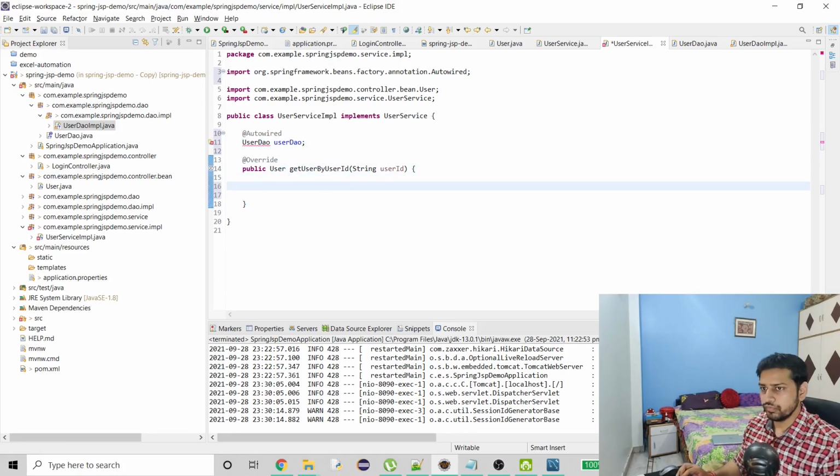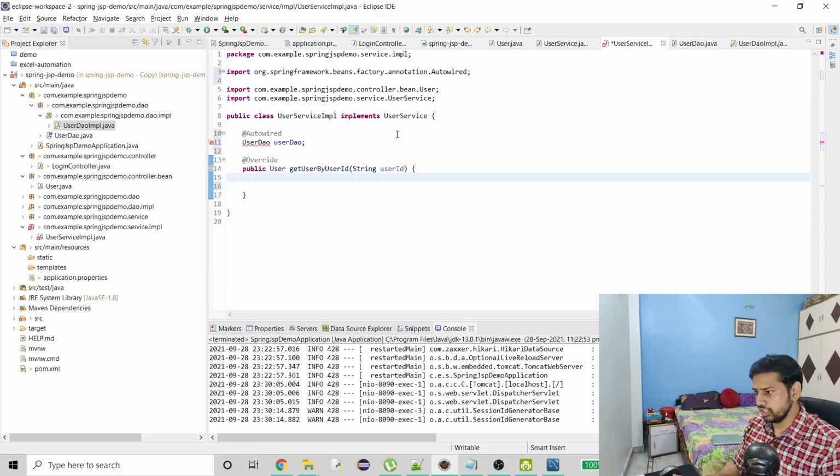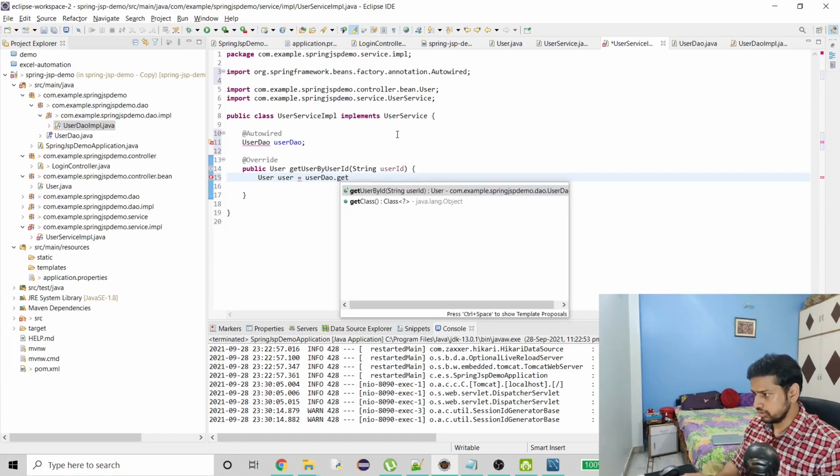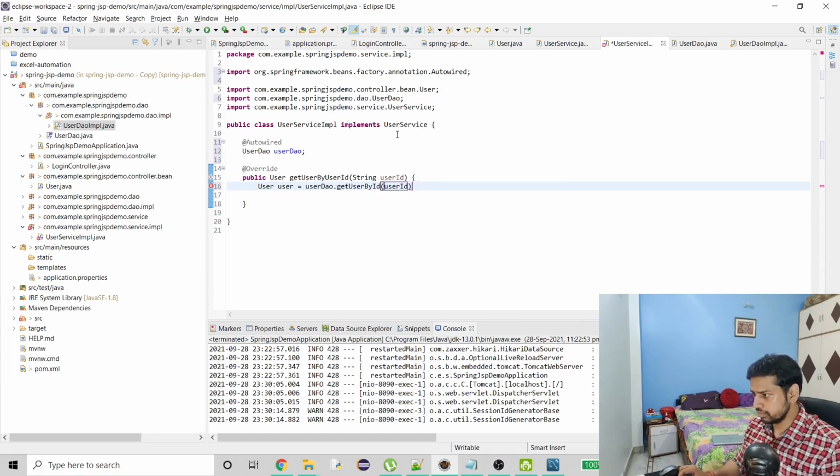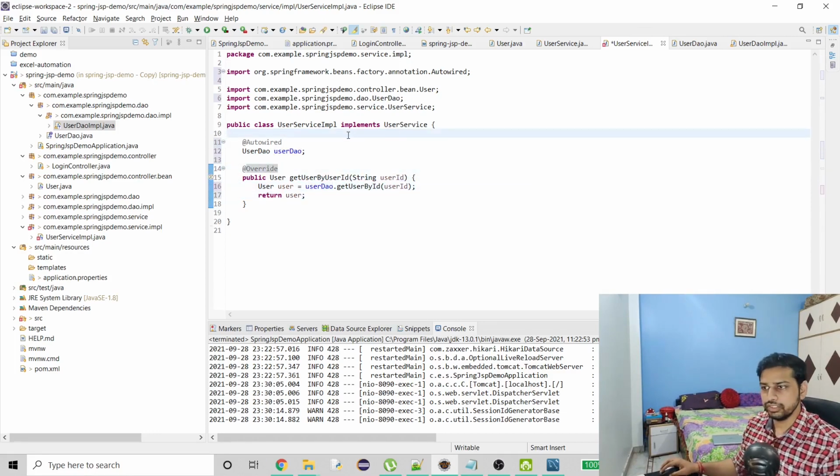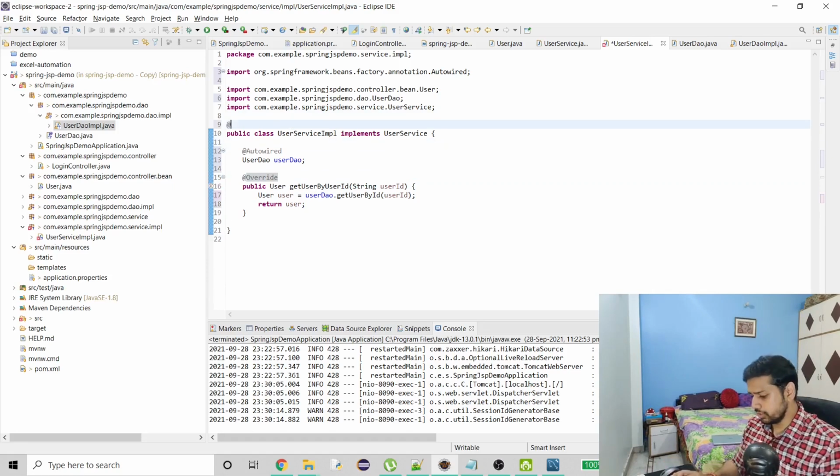Now we just have to hit that method and get the object back in our user variable. So here userDAO.getUserById, and here we will just do return user, right? Looks good. But here I forgot that this is going to be our service.